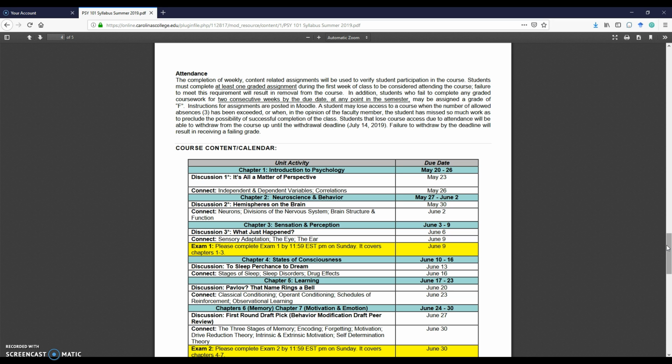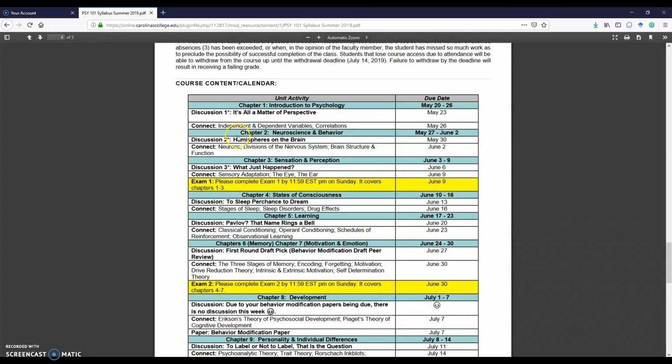Once you get to the point where you have failed to complete any graded assignments within 2 consecutive weeks, then at that point you may lose access to the course, which could ultimately result in a failure, and we don't want that to happen. Particularly during the first week, it's really important that you go ahead and log in, because during the first week is when we're verifying that you are indeed planning to participate. And so if you have not academically engaged within the first week of course, then you can be withdrawn.